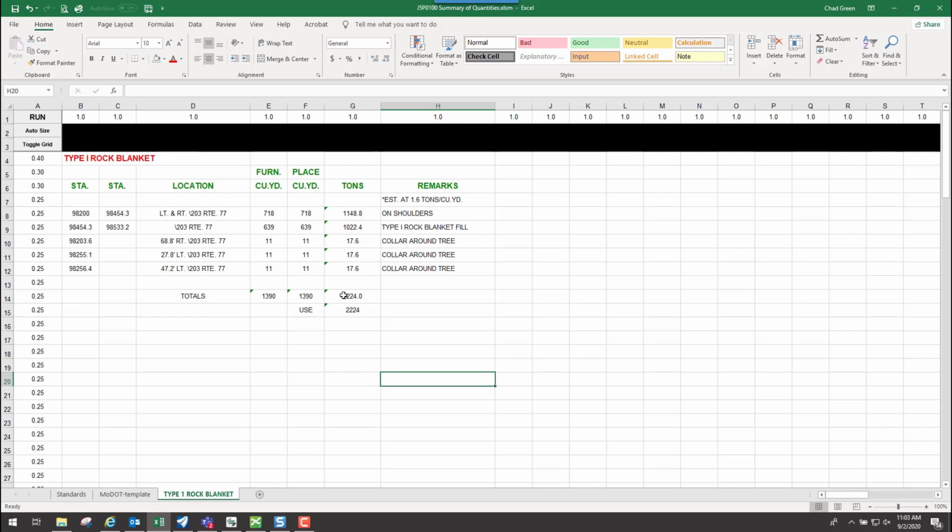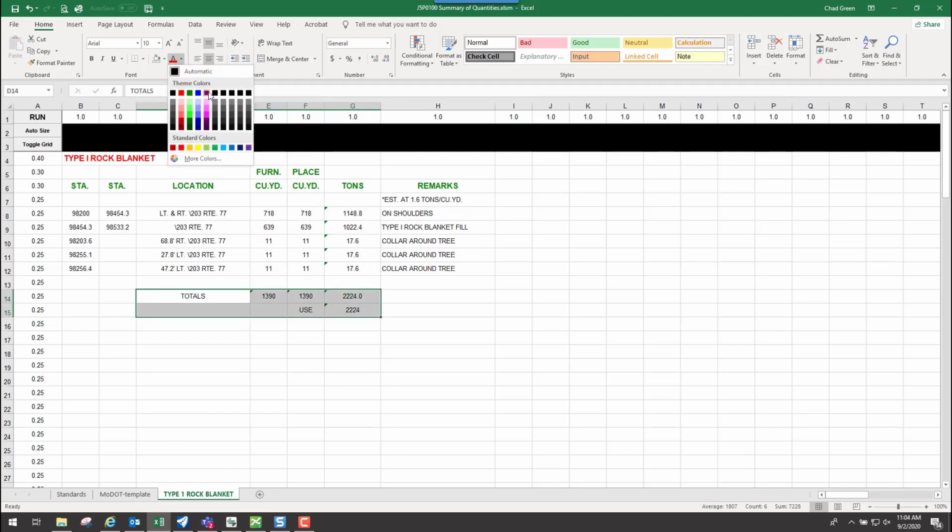Now for your totals, normally you want that to be a green piece of text, which is medium text. So what I can do is come in here and select those particular cells that have that text in it. And if I go up to my color right here for my font color, you have these top options up above here. Those are the ones you'd want to use if you want to change the color to something else and still work with our color scheme underneath of our standards.